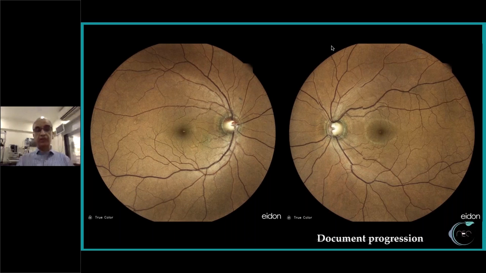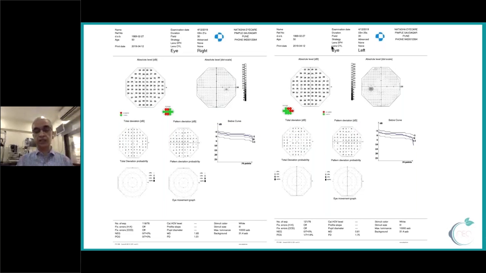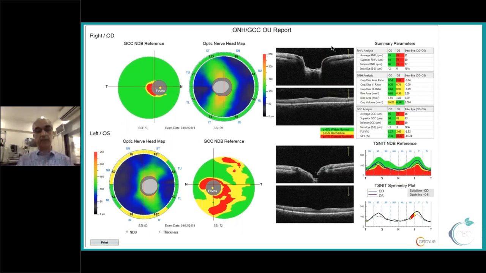So when we saw that there was a difference, we did a perimetry, and the perimetry was normal. So we thought probably it's a physiological variation. But when we did an OCT, we realized that no, the patient has a problem, perimetric glaucoma. So this is how you come to a diagnosis of a patient, where you counsel the patient, convince the patient that you need a treatment to prevent further deterioration of vision.